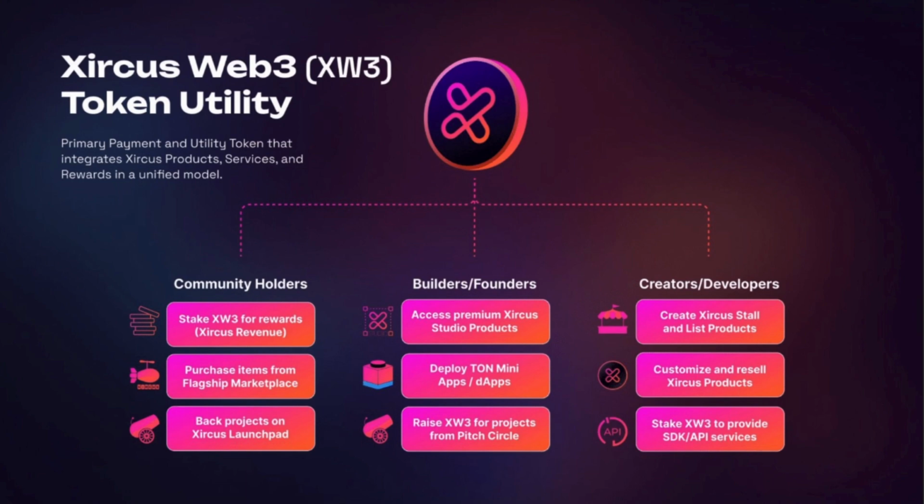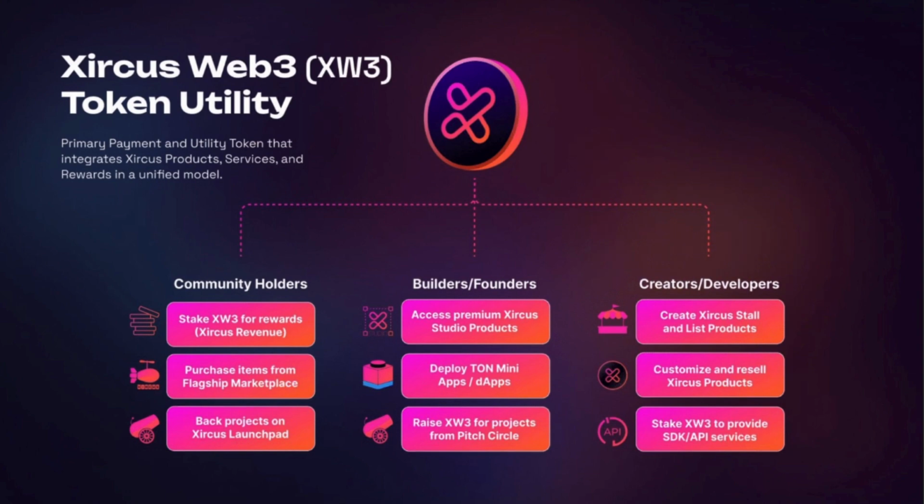So that means we are creating a developer's ecosystem within our infrastructure. And this is for creators and developers. XW3 is the key to actually start building, customizing and monetizing their creations. It's the utility token that ensures they can thrive within the Circus ecosystem, and it will contribute to growth.